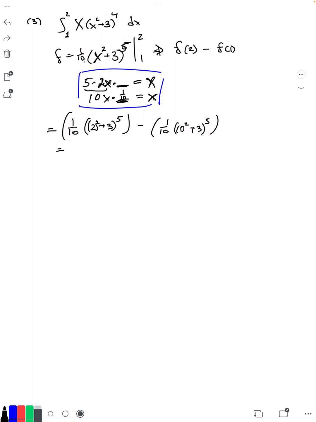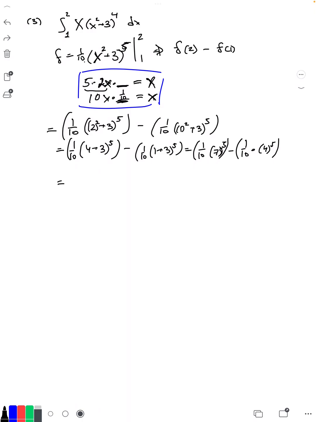Okay, which will give us 1/10 multiplied by 4 plus 3 to the power of 5, and that's going to be minus 1/10 multiplied by 1 plus 3 to the power of 5, which equals 1/10 multiplied by 7 to the power of 5 minus 1/10 multiplied by 4 to the power of 5, which equals 1/10 multiplied by